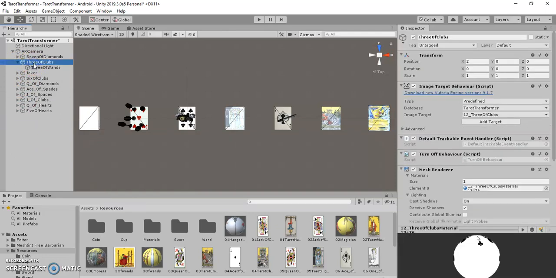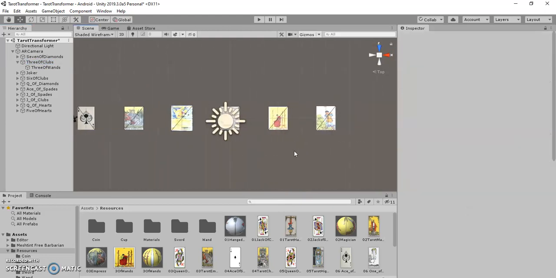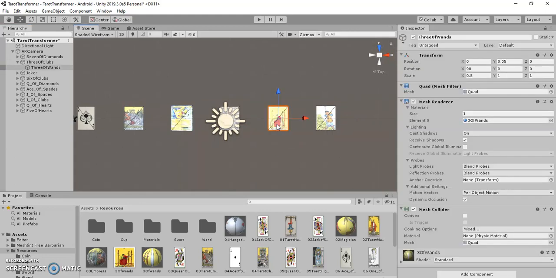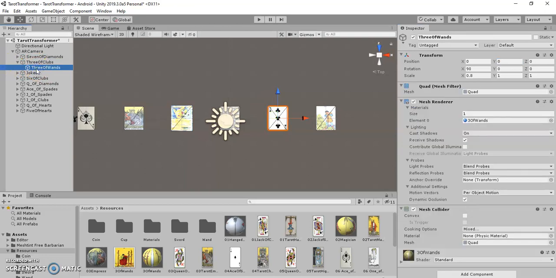So for example, this is the Three of Clubs, and let's see, where is the Three of Clubs here? Yes, this one. So let me just do this so you can actually see it. So this is the Three of Clubs, and once you add the target, you can add stuff as child objects to the Three of Clubs,